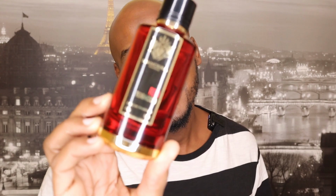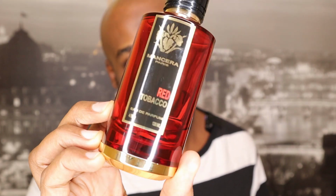Number 2 is one of the strongest fragrances in the market. It's very powerful. This one is Red Tobacco from Mancera. Red Tobacco is, I don't know what to say about this one. This one is very strong. It's very beautiful. Some people really complain about the opening because they say it's really harsh. Yeah, which I don't see as a harsh opening, more like a